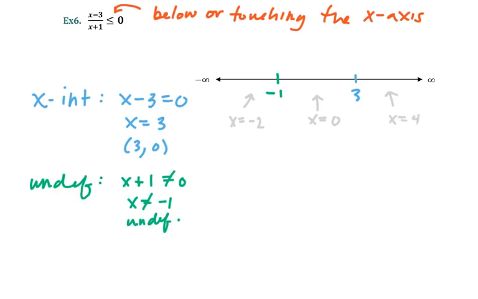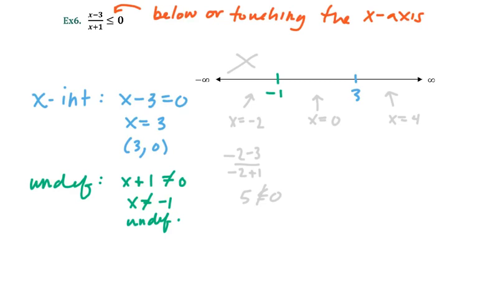I'm not choosing any values that are ridiculously larger than I need them to be, just large enough that I can test them. And I want to test them in my original inequality. So if I plug in -2 minus 3 over -2 plus 1, that ends up simplifying to -5 over -1, or +5. And +5 is not less than or equal to 0, right? And because it's not, I'm not going to include that region in my